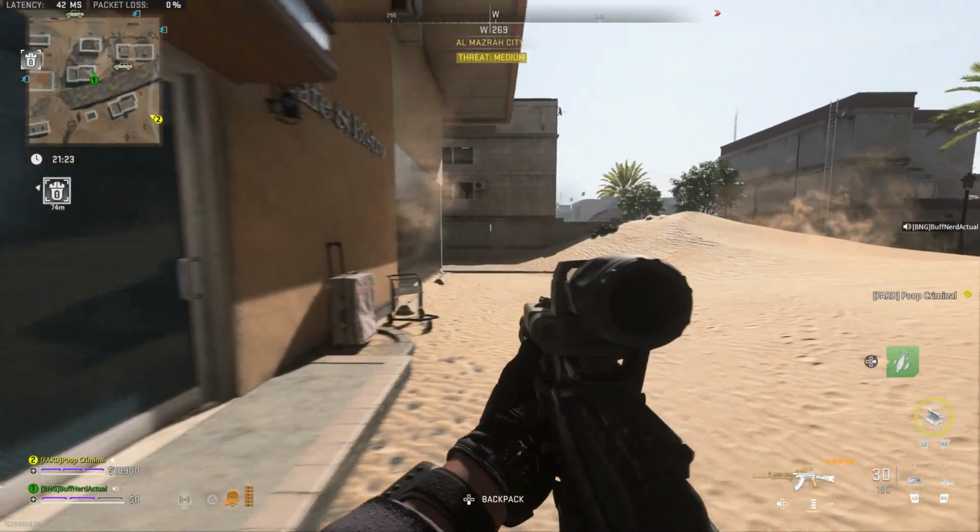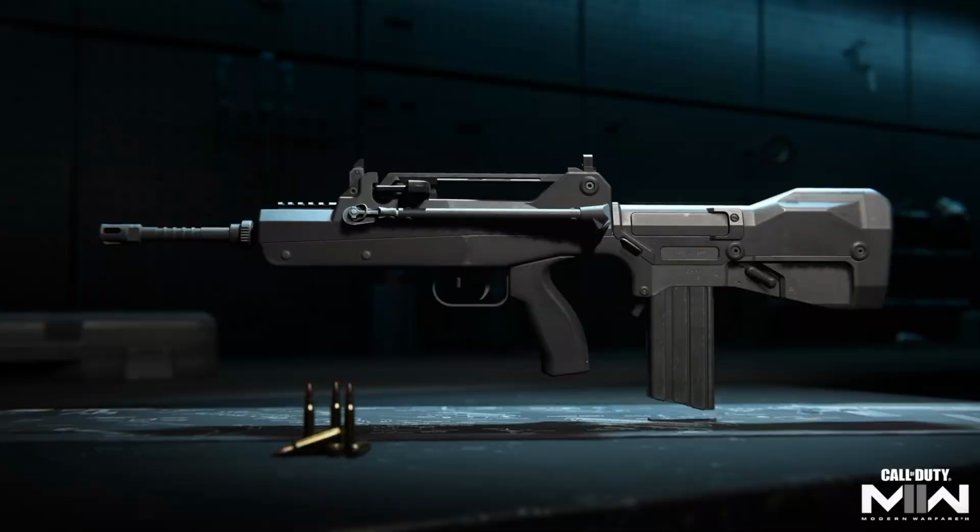Now, looking at the weapons. Again, the FR Advancer, this is the FAMAS. This is a combination of the FAMAS F1 and the FAMAS LVAW, I believe. We'll look at this more when we get our hands on it. I'm not too thrilled with this weapon, but I'm also pretty intrigued because the FAMAS was on my original AR